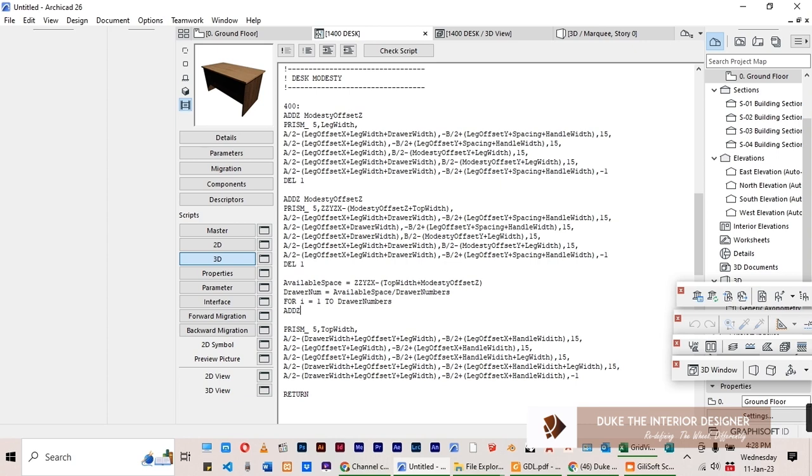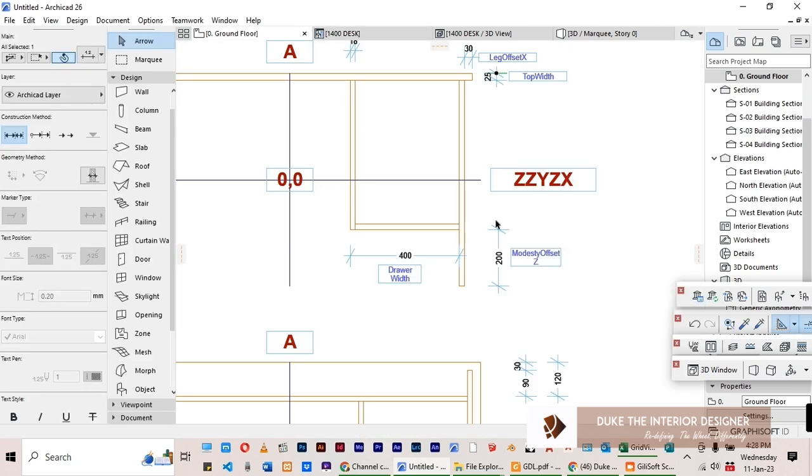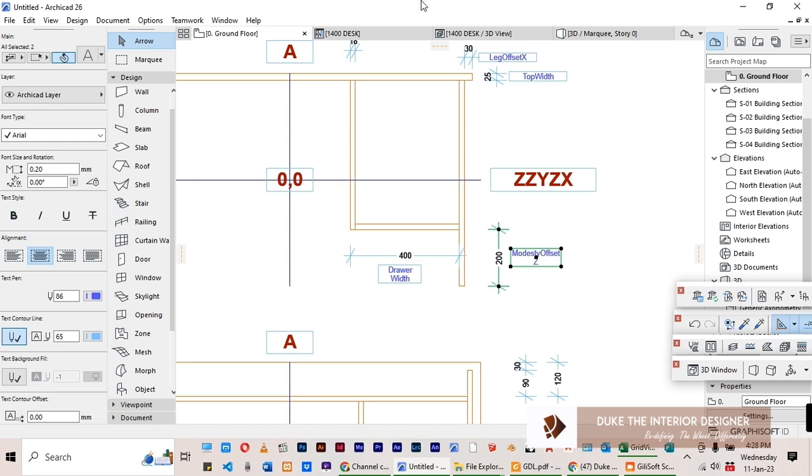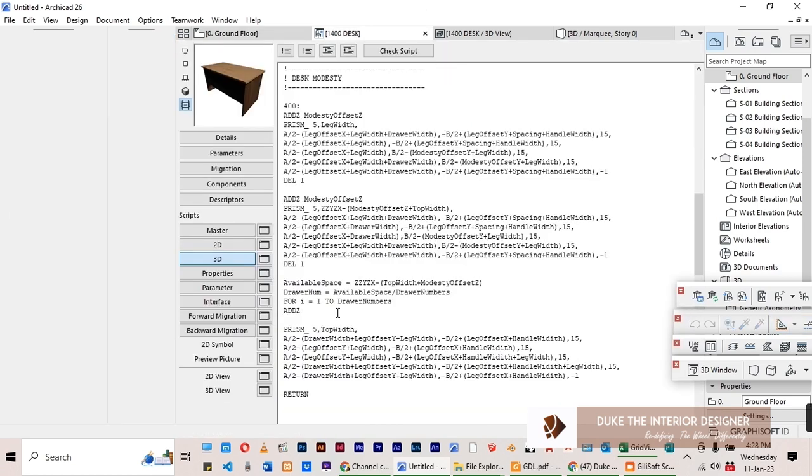From the first one that is starting, we are growing 3 or 4 times the number that you want. So you write add z, and add z will be, we remember this, the modesty offset z, modesty offset z